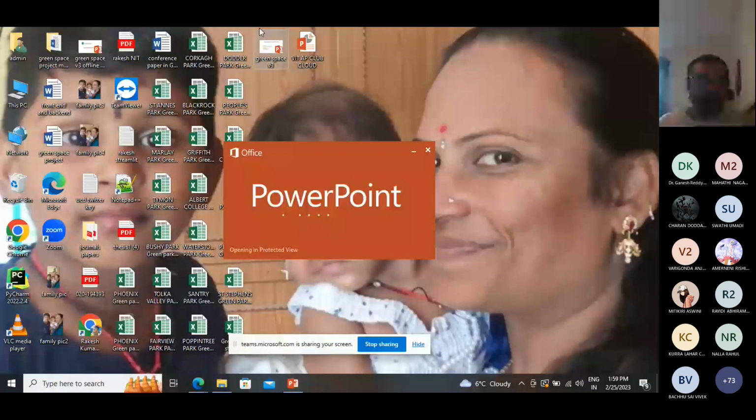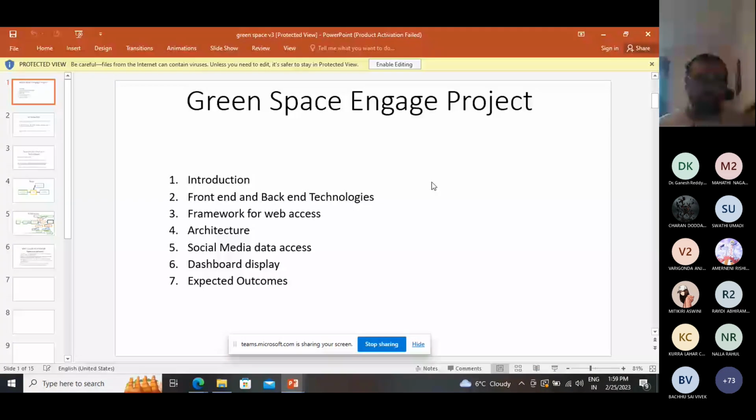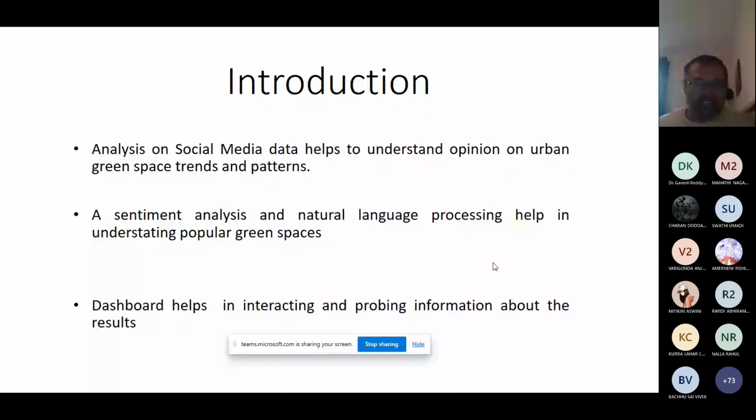So I'm working on the green spaces. I have decided to work on the social media data, and here also using the NLP techniques,